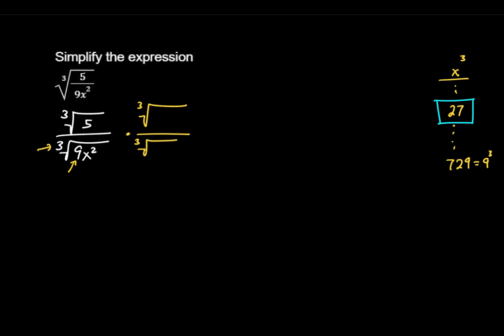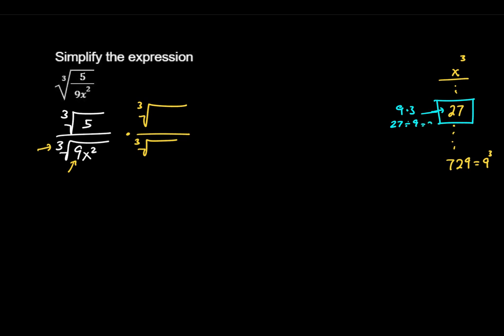Having a bigger number will just give us more work in the long run with reducing the fraction. So now that I've decided to go with the 27, 9 goes into 27. So what do I need to multiply 9 by to make it this perfect cube of 27? Well, I know 9 times 3 is 27. If you don't know your multiplication tables real well, you can do 27 divided by 9